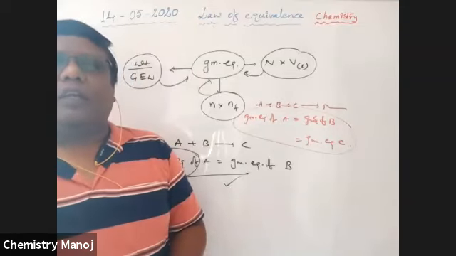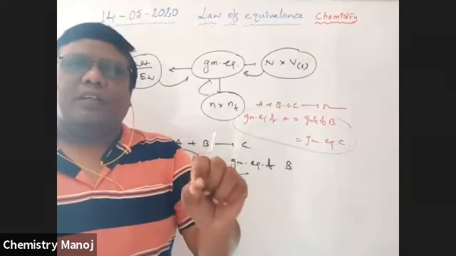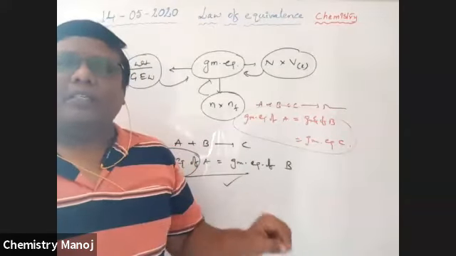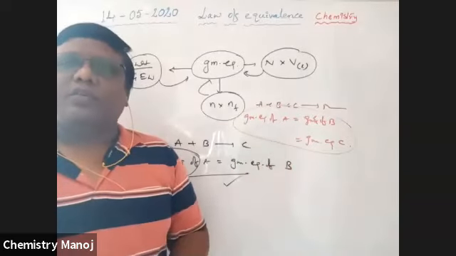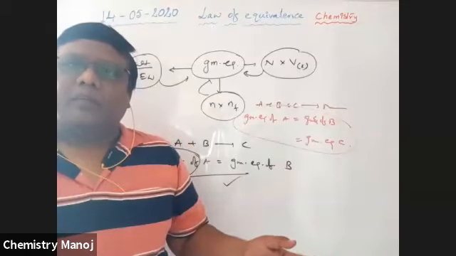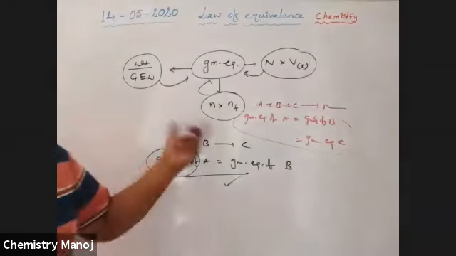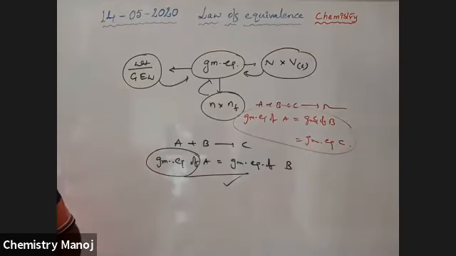Many doubts about normality. I haven't completed that normality. Just the formula is used here, because there also gram equivalence is used. So that is for later; I will explain it clearly then, not at this time. Okay. So that is one of the ways to calculate gram equivalence. I don't explain normality here.